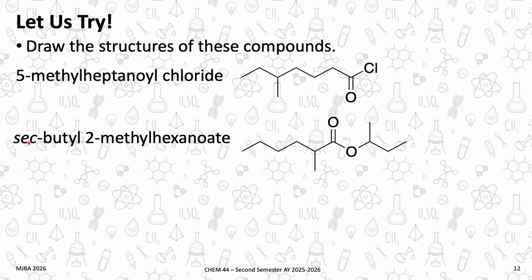So with that, the structure is as follows. This is the hexanoate part, 1, 2, 3, 4, 5, 6. Position carbon 1, therefore the methyl group is on position 2. And then for the OR group, we have 1, 2, 3, 4. And then we have connectivity on the second carbon because this is a sec-butyl group. And lastly, please work on N-isobutyl N-methyl butanamide.